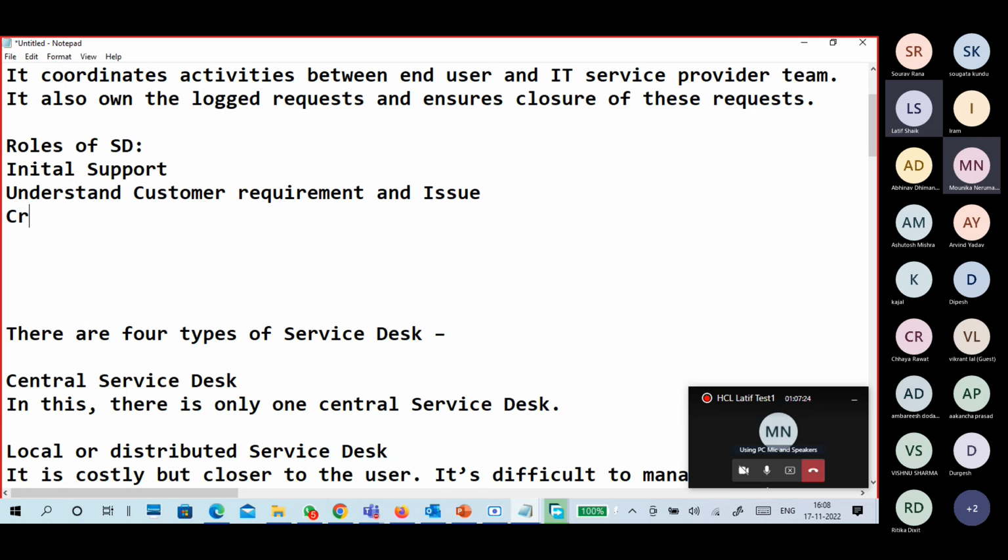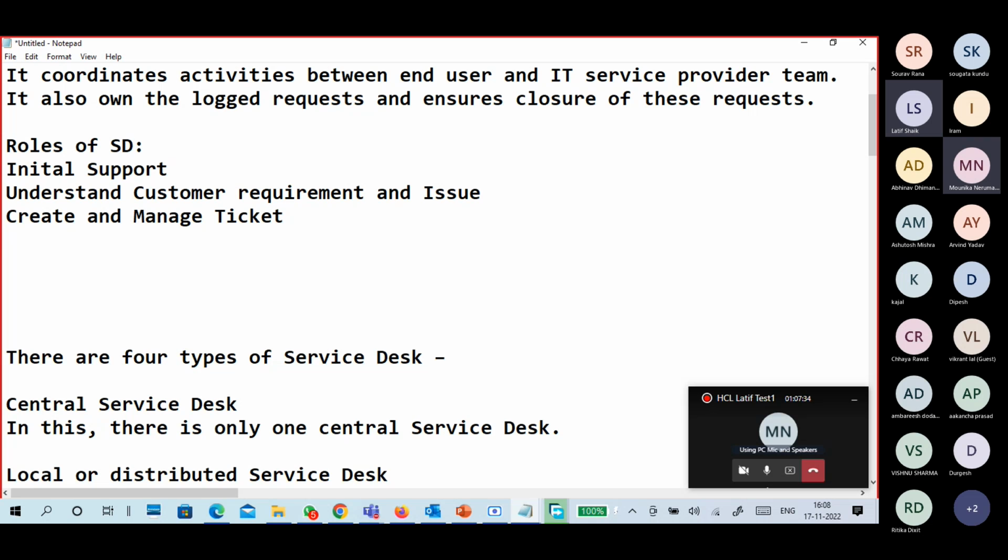Create and manage tickets. Yesterday I showed how to create tickets, right? So how to manage the ticket. Okay, create, manage ticket, and managing SLAs.